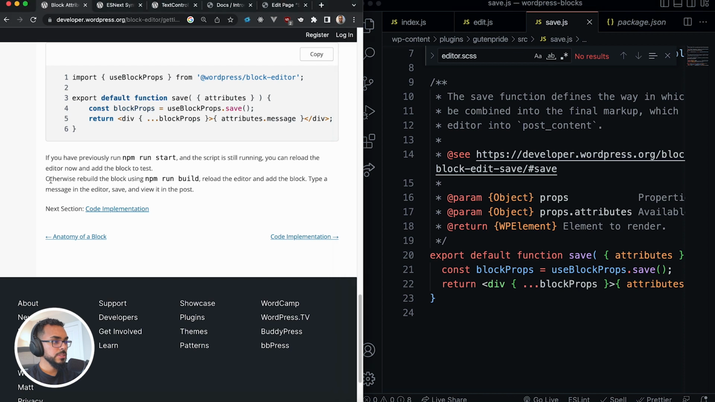Okay, so it looks like I haven't run npm start. So I need to rebuild the block. Basically, if I had been running it already, it would have been doing some auto reloading and stuff. Hot module reloading, probably, HMR. Anyways, so run build and then